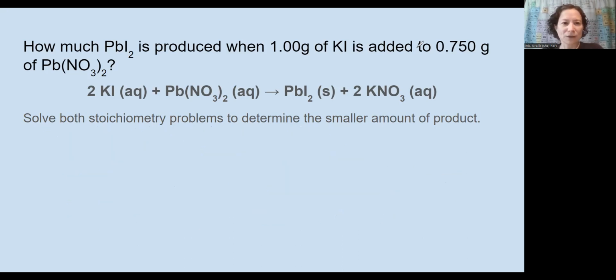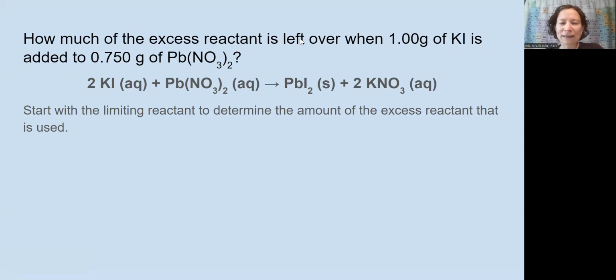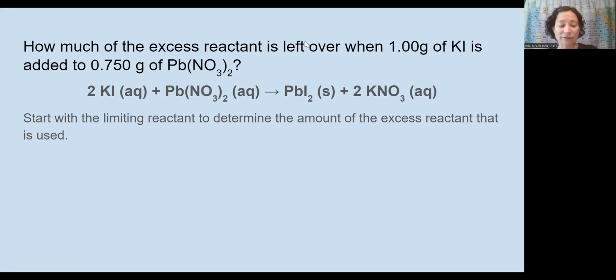All right, if you didn't already, pause, check, make sure that you are getting the same calculation numbers that I am. And then let's move on to this problem. Here we want to know how much of the excess reactant is left over. Well, we need to figure out how much of that excess reactant got used up. We had a gram of KI, but we know we didn't use all of that. So let's work backwards from the amount that we know did get used up,